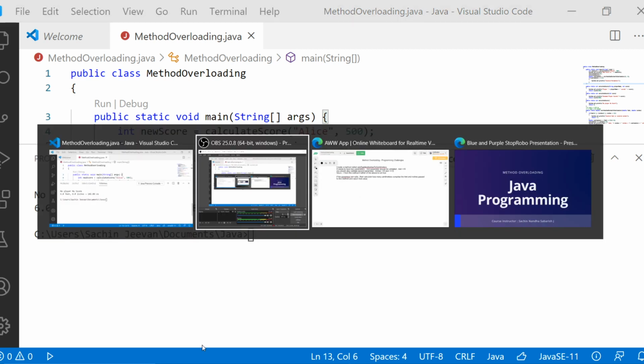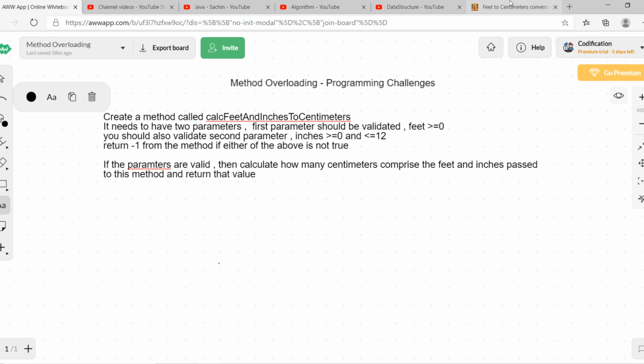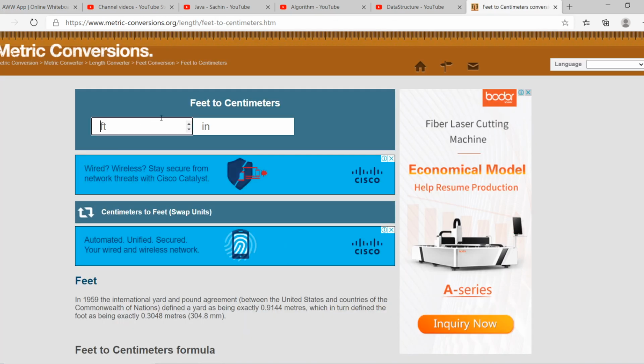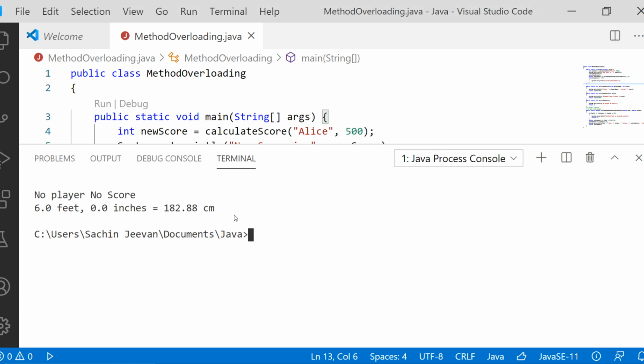We have a website using which we can check by giving feet and inches what the centimeter value will be. So the feet is 6 and inches is 0. 6 feet 0 inches is equal to 182.8800 centimeters. Is this the same answer that we have got? Yes, 182.88. So the answer that we obtained is exactly correct.